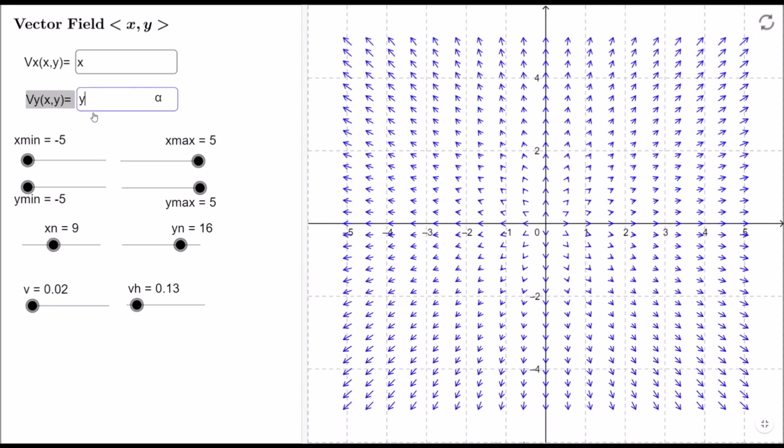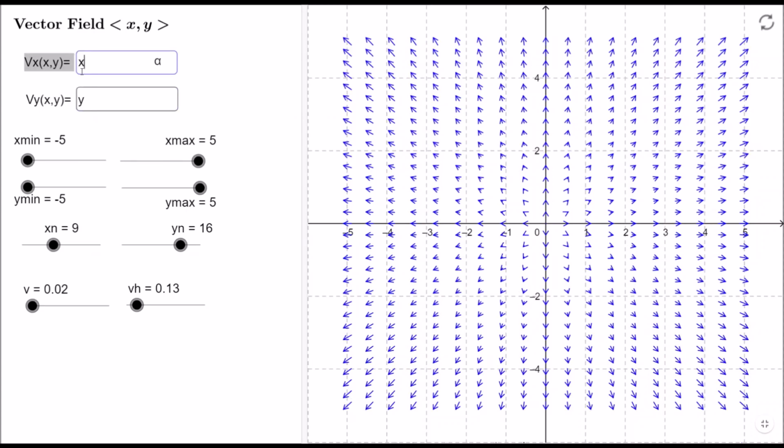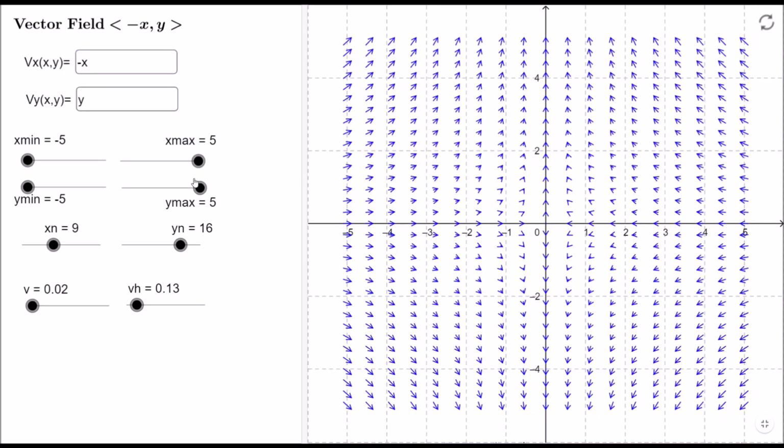Now you can just keep on playing with this. You get different vector fields over here. Now here you can see they are going like this. From here they are converging towards the x-axis. Here also they are converging towards the x-axis. Here also they are converging towards the x-axis. Like that you can think over it. Similarly, suppose I want to remove minus y and put minus x over here, same thing. You simply play with this, and you will have different ideas.